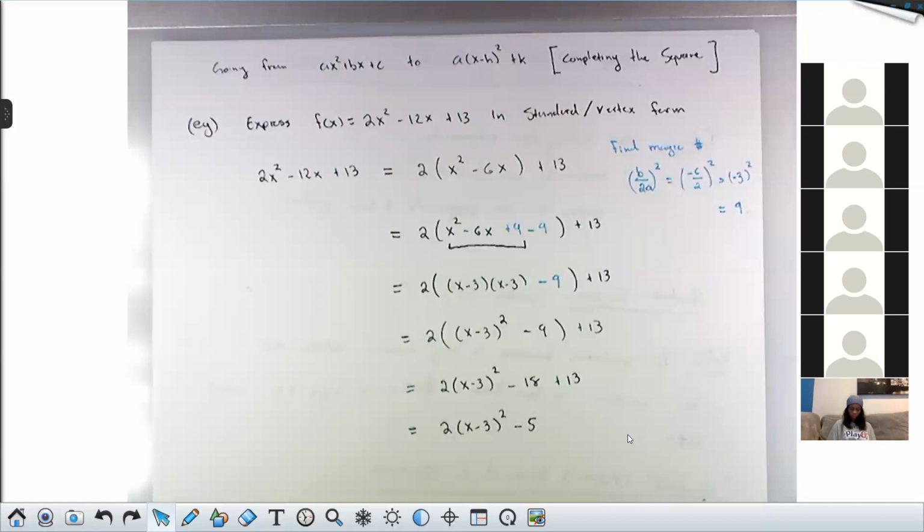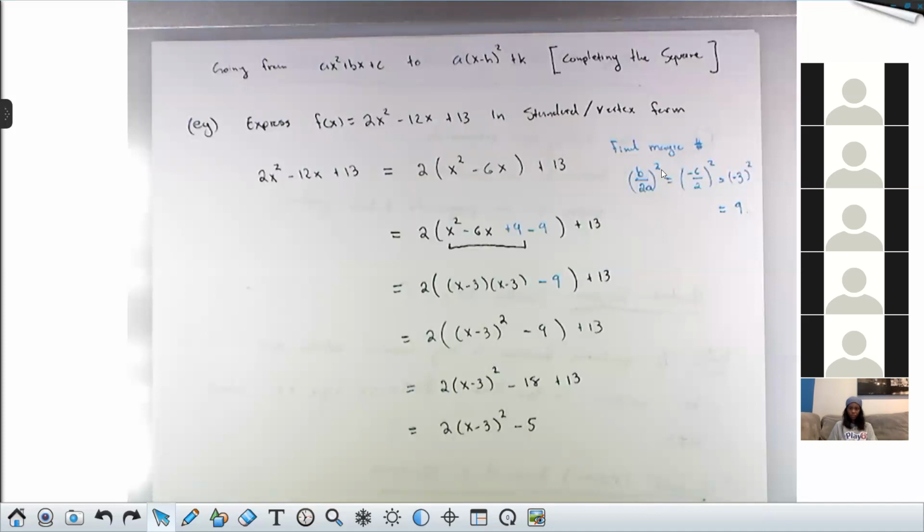Is finding the magic number just finding the vertex? You use negative b over 2a? Sort of, but we're squaring this. So you take the, and there's no negative here. It's just b over 2a all squared. Is that a different formula to find that number? It's coming from the same sort of place. The vertex formula that you've remembered from a previous algebra class is a consequence of this, because the quadratic formula is a consequence of this.